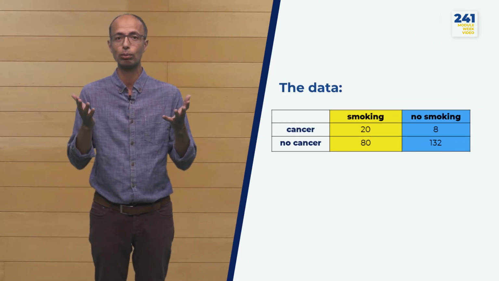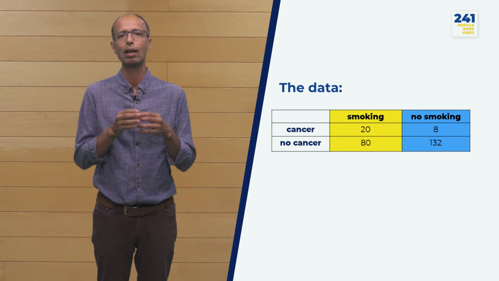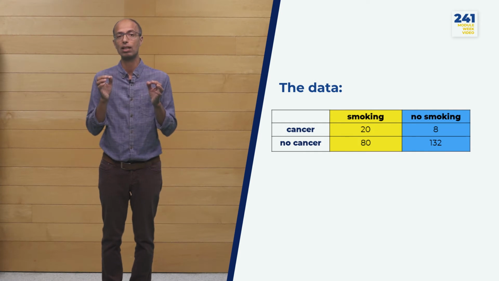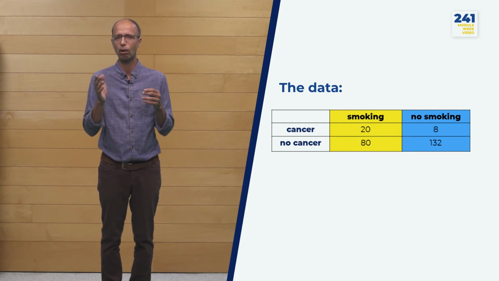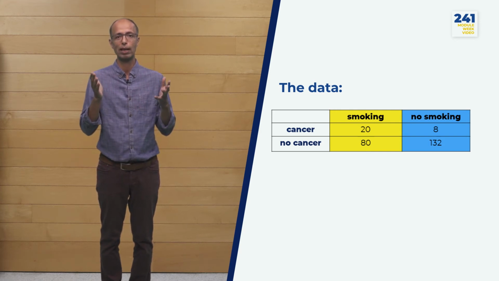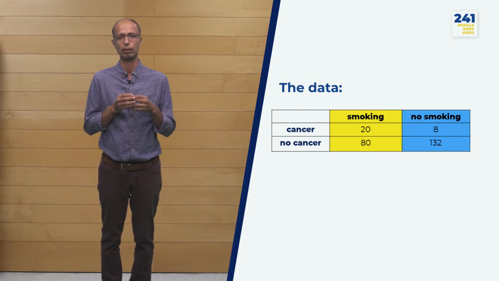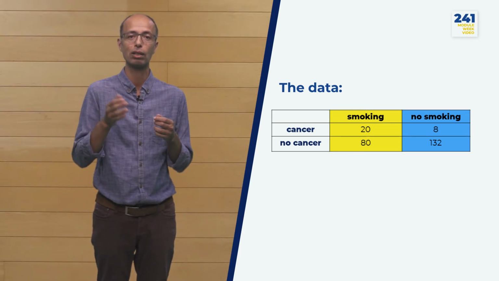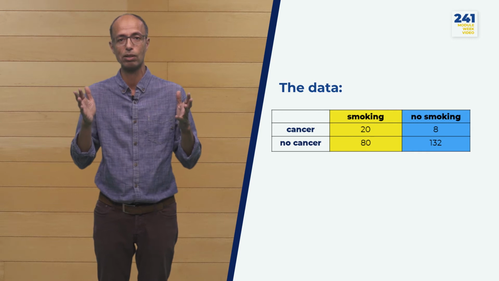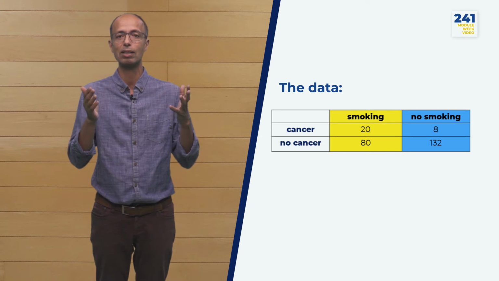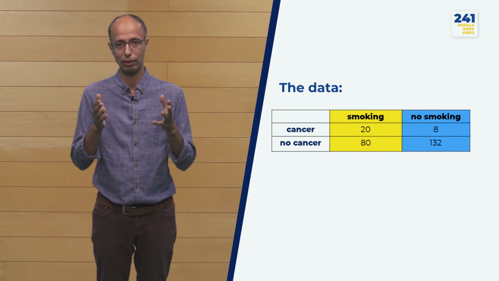We have two variables. Variable exposition to tobacco can take two values, yes or no, and variable disease also can take the same values. We can consider the disease as the response variable, also called the dependent variable, and exposition as the explanatory variable, also called independent variable. Obviously, both are categorical. In such a situation, with two categorical variables where the goal is to look for association between both, the recommended statistical test is the chi-square test.